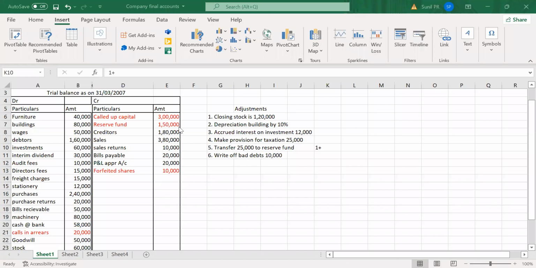Okay. So now, three schedules we have done. One is share capital. Another one is reserves and surplus. The third one is long-term borrowings we have done. Next, we should go for the next one, that is